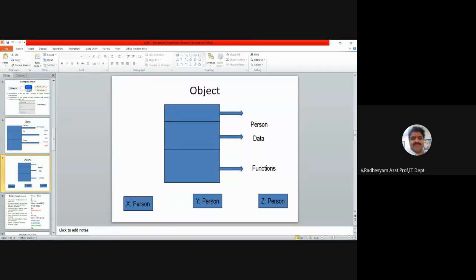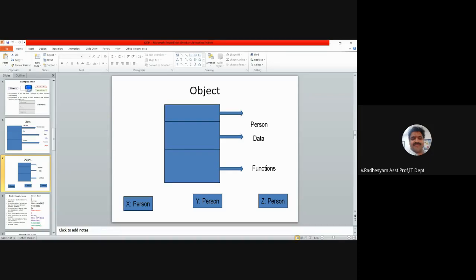How can we define an object? Harshita or any other girl?